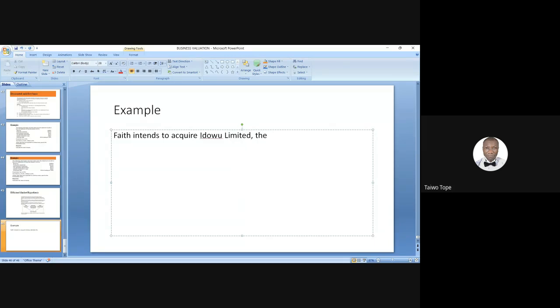So the acquisition, let's say the acquisition now, will lead to an increase of, let's say, 25,000 naira per annum for 10 years. Now, let's assume 20%